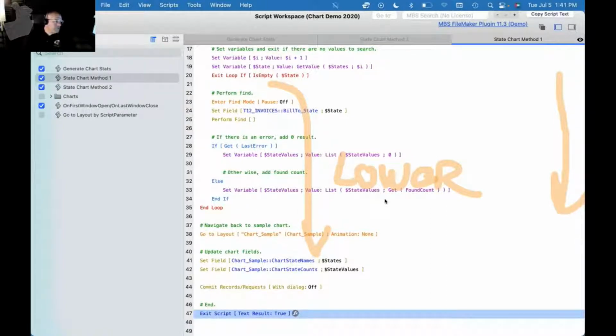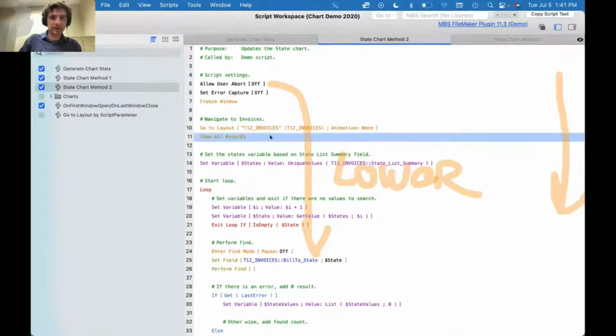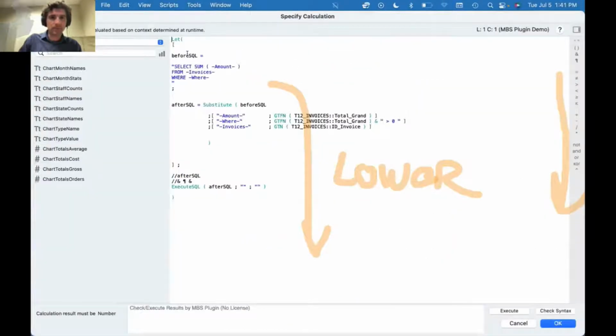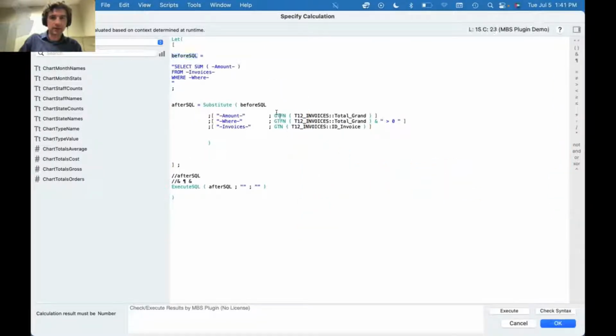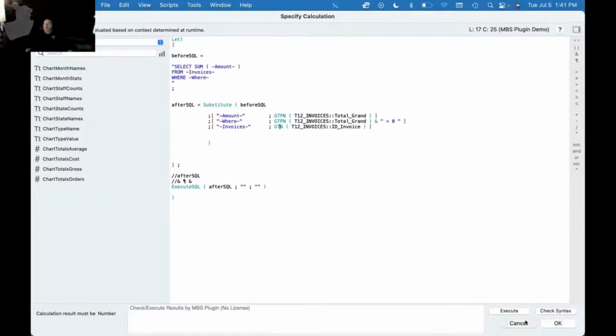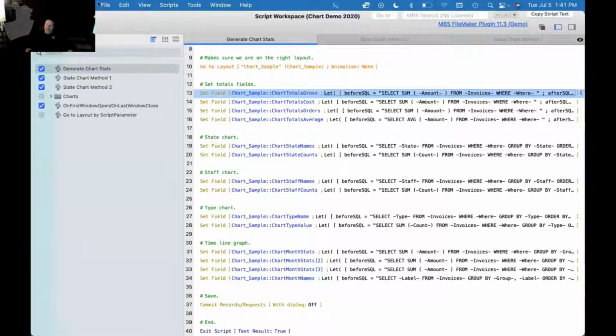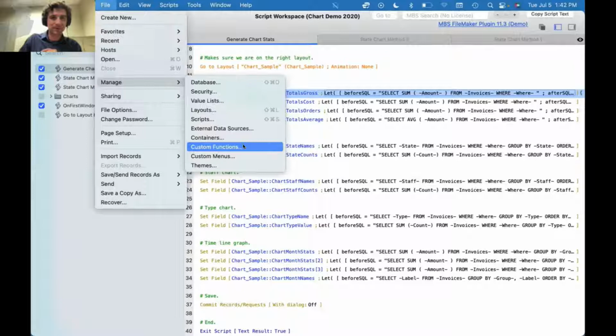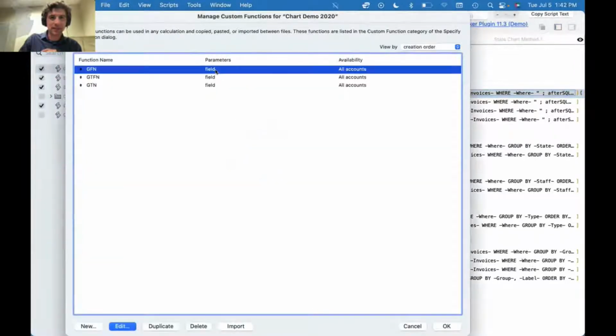Before SQL is a custom function, David Angel wants to know. So here, no, I'm using a let statement. So I am using two or three custom functions. GTFN is get table field name and GTN is get table name. Okay, I'm glad you explained that, because it sounded like something else. GTFN. If we go to manage custom functions, we'll see that that is just